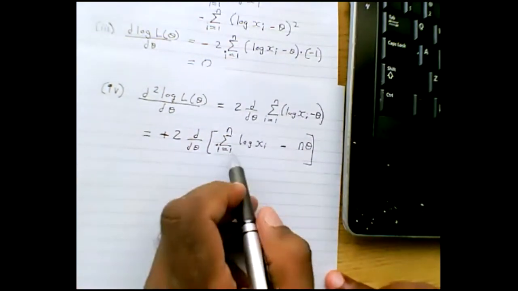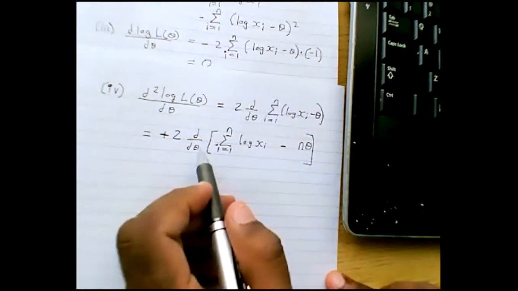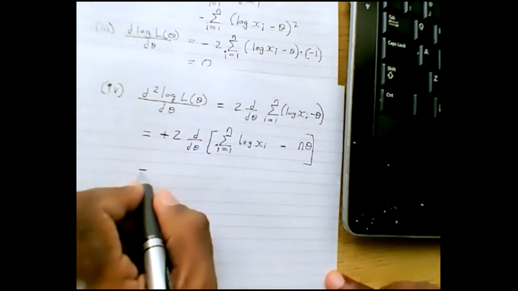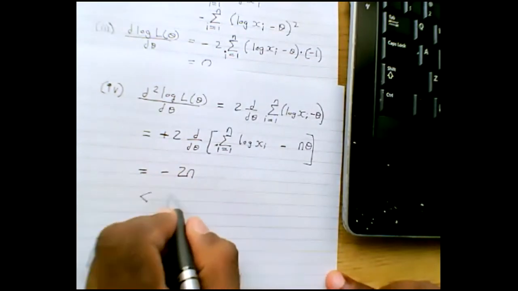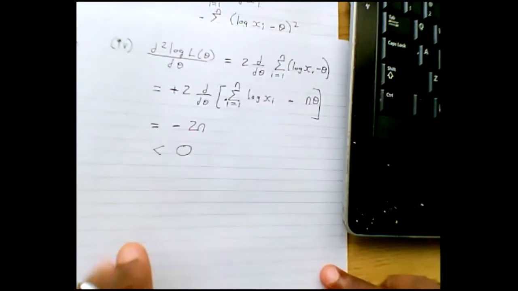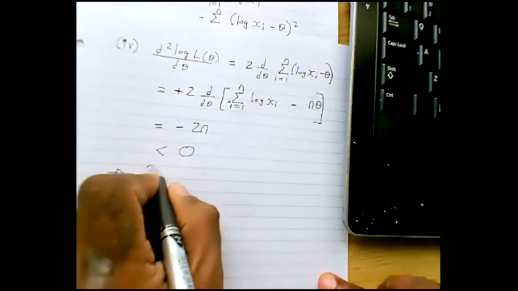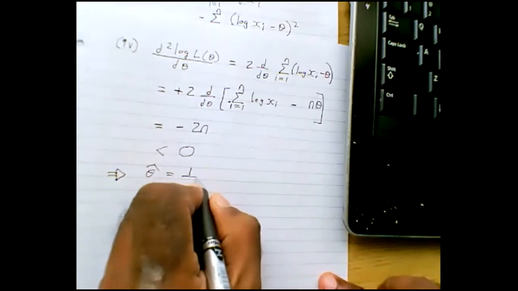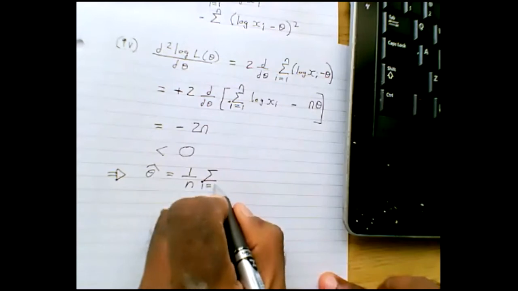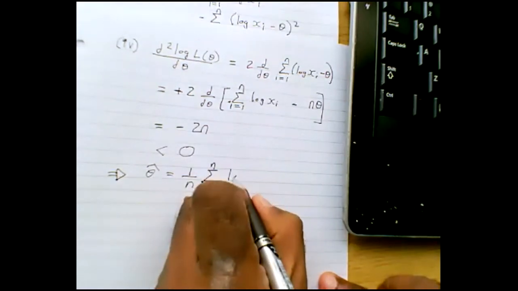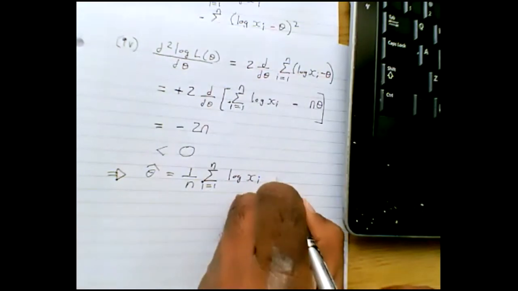Now this is a constant, and the derivative of minus n theta with respect to theta is minus 2n, and this is negative. So hence,